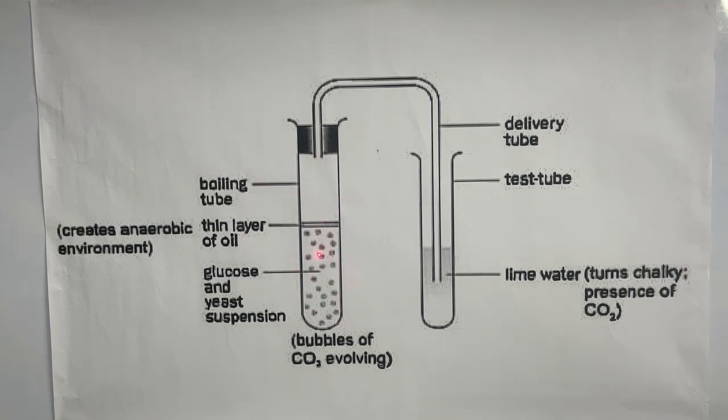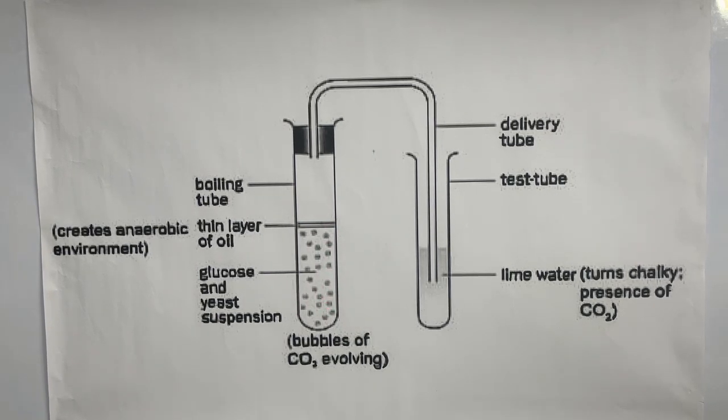If oxygen is not there, what will be there instead? Carbon dioxide will be there. There are only two gases in living organisms. Either oxygen should be there or carbon dioxide should be there, and there won't be any vacuum over here. So now we confirm that.